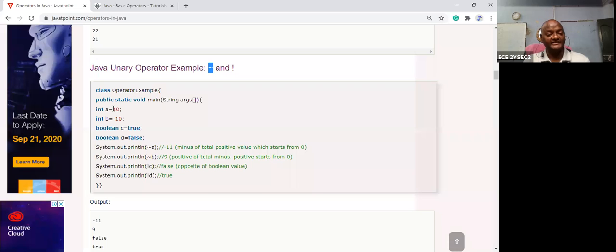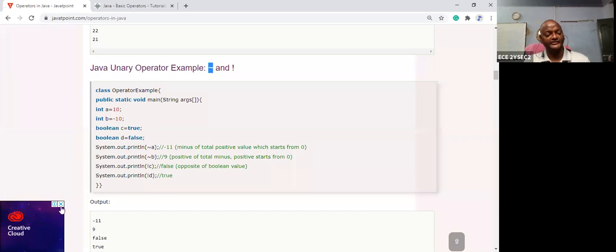And what is the sign? This is the plus. So minus should be added. How and what it is was explained in the last class, don't worry. Suppose here, let us take a negative number. For the negative number, if applying the tilde operator, then the magnitude should be decremented by 1 and minus is converted into plus. So let us take the tilde operator of b. What is the b value? Minus 10. According to the rule, the magnitude is decremented by 1. So that's why 9. And the sign should be changed from minus to plus.